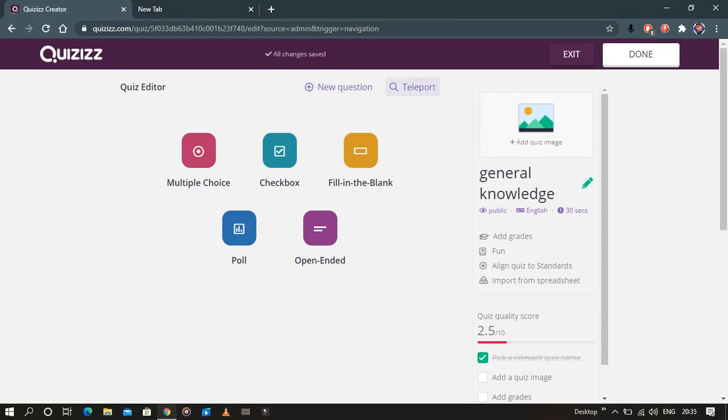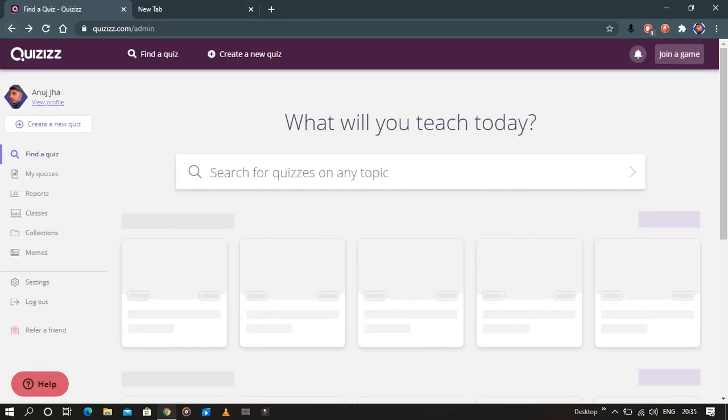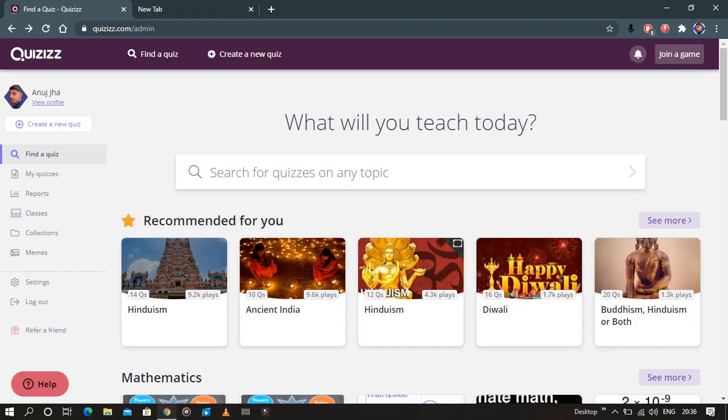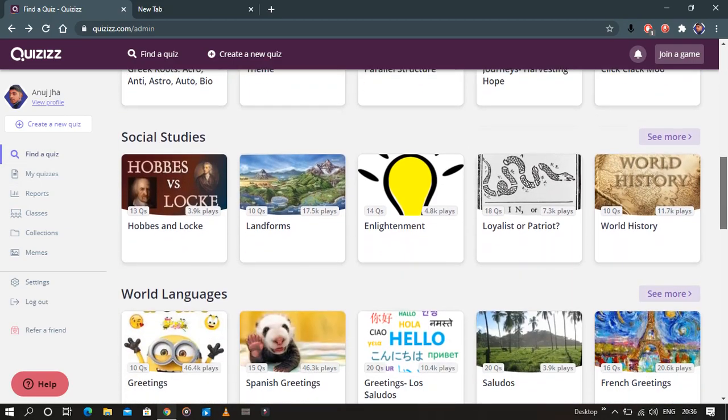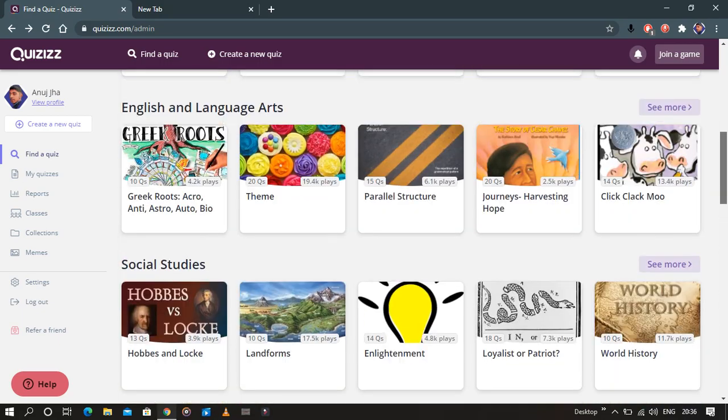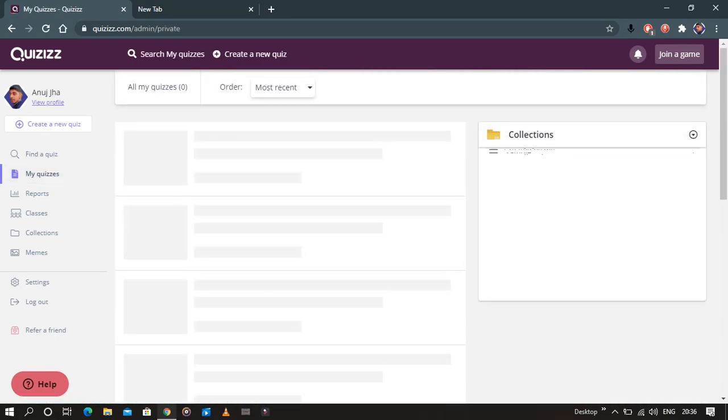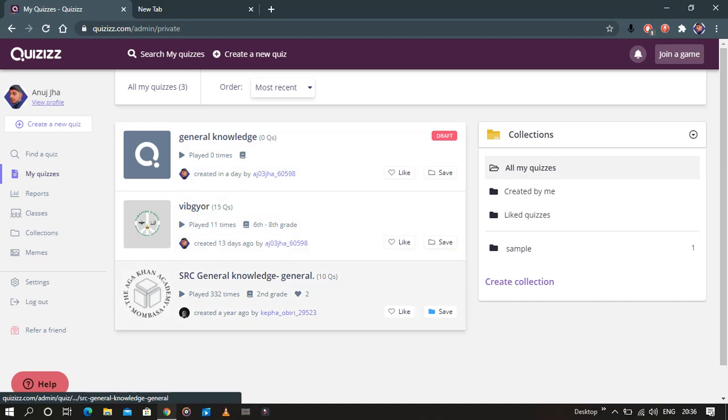So here by default everything is like this. Okay, so before creating this, there's one more option: if you don't want to create a quiz, you can select one from here, any one. So for example, I have selected these things from here.